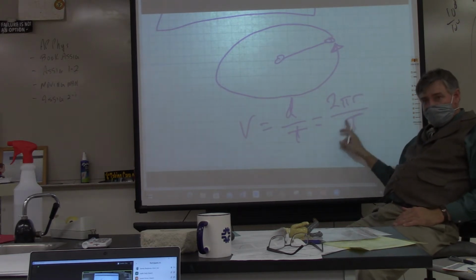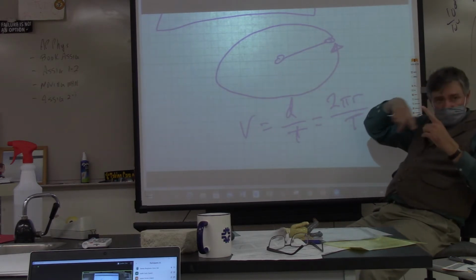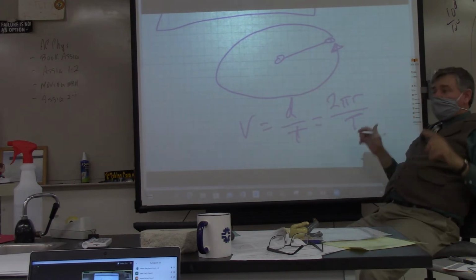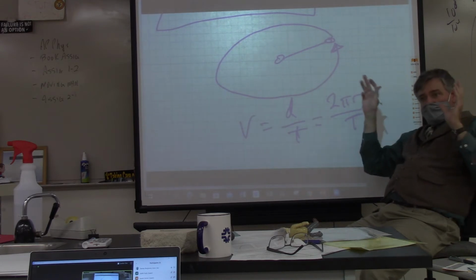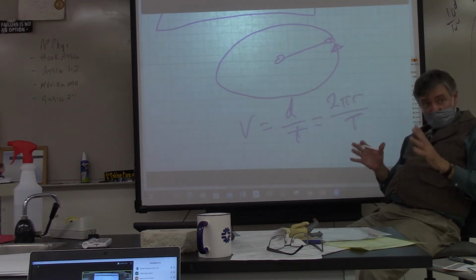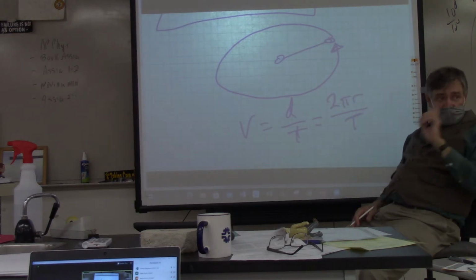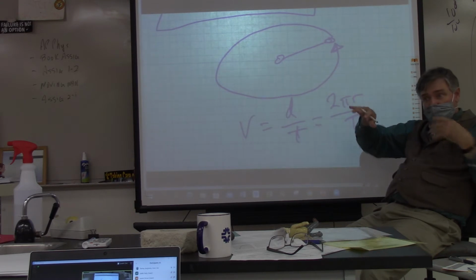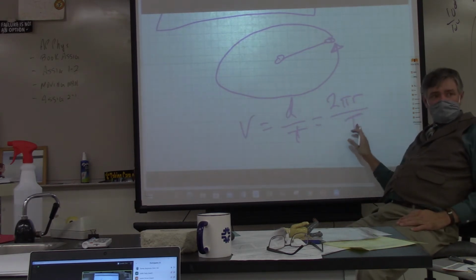Anytime you use uppercase T, that's going to be the time required to come back to that point. So it could be Al going around in a circle. It could be the Earth going around the sun. It could be our star, otherwise known as the sun, going around the Milky Way galaxy, because our star is part of a spiral arm that's going around the Milky Way galaxy. So anytime something's going to come back to a point in a circle, you use uppercase T,